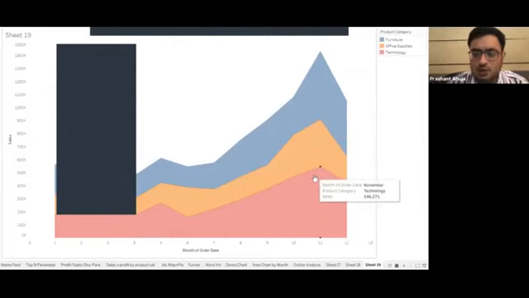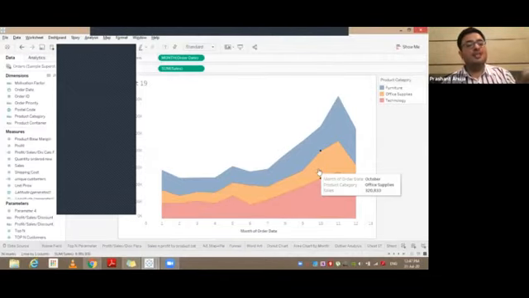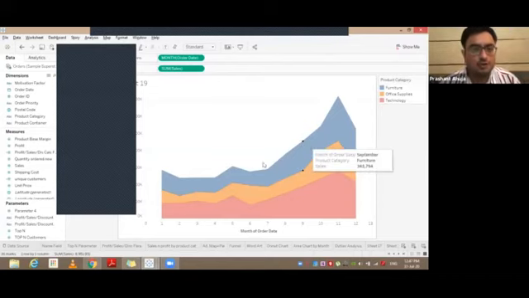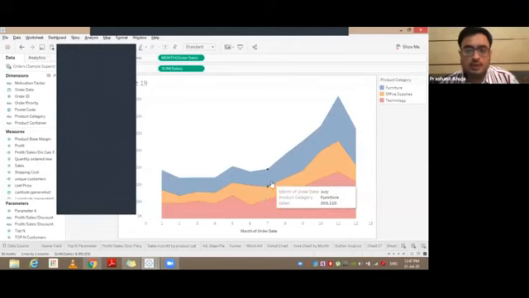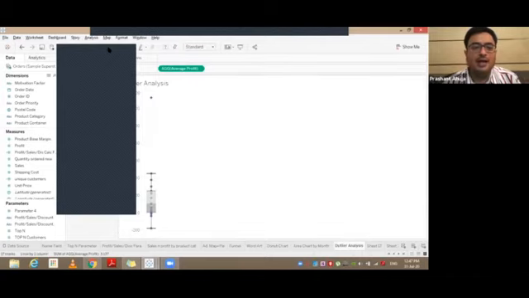So any analysis which you would want to create out of this area chart is a sort of timeline on how things have happened in the last few weeks, months, quarters or years. So an area chart is usually meant for this purpose. I think this is a simpler one, so I don't think I need to repeat it again. I'll move to the last one, which is the outlier analysis.